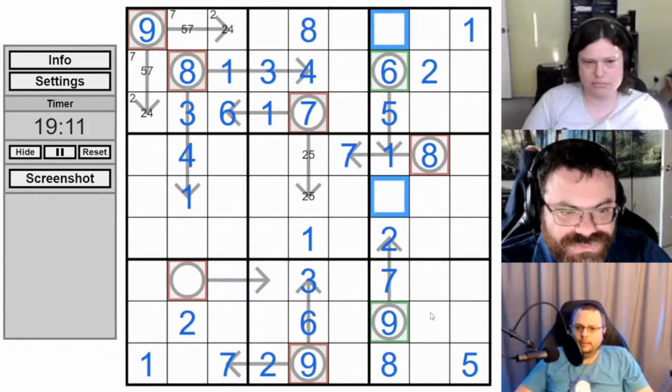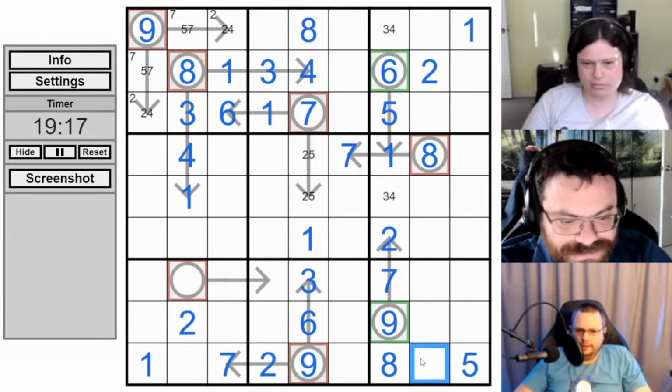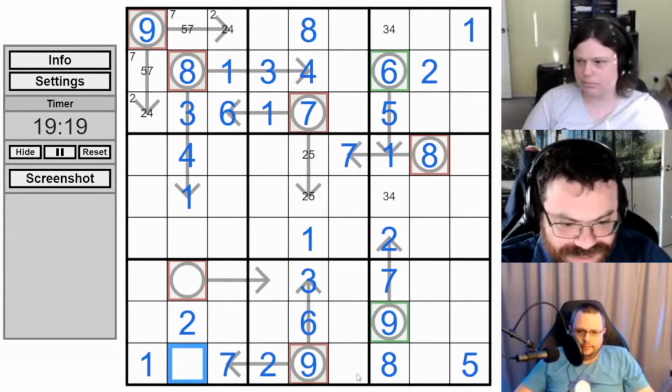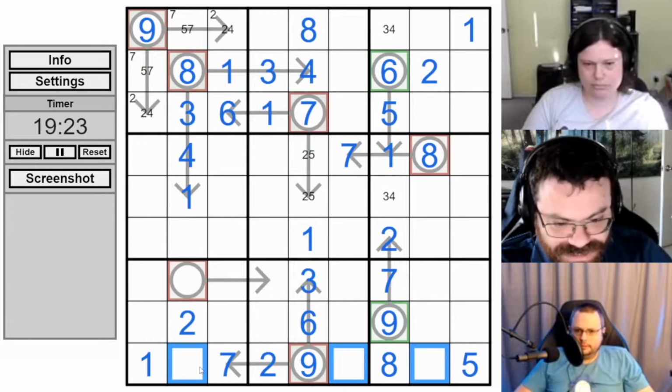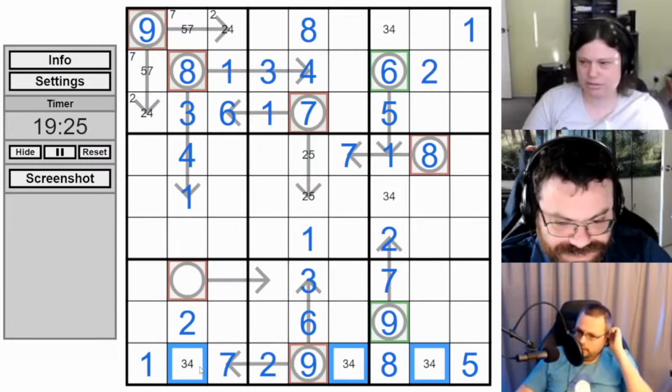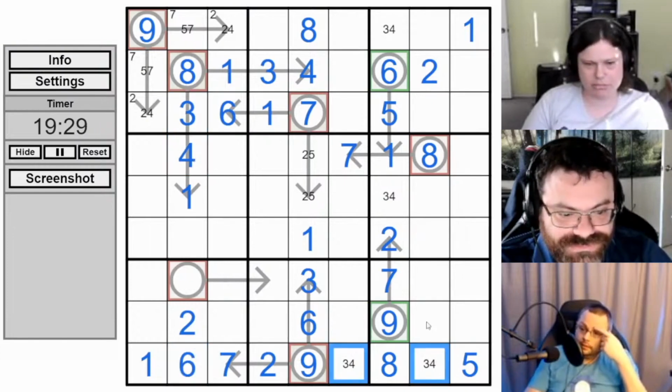1, 2, we need 3 and something. 3 and 4? 3 and 4, I think. That's what it was last time, too. I remember. Oh, this row has 3 left. So at this point, we find the naked 6, I think. Yeah. 3, 4, 6. This sees a 3 and a 4, and 9 by Sudoku in box 7 there. This sees a 3.